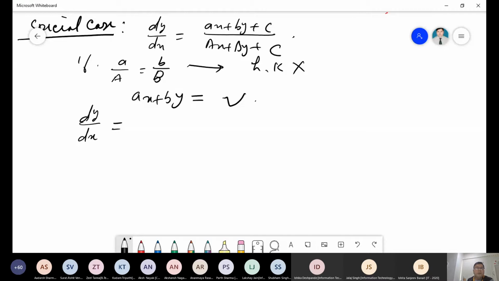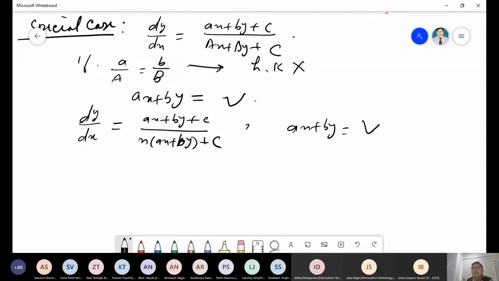So dy by dx equals, this equation will be like that: ax plus by plus small c divided by n times ax plus by plus c. So we let ax plus by equal to, we take it as b, and rather than converting it to homogeneous, it is directly converted into variable separable form. So this is the special case for the non-homogeneous differential equation, that we can solve directly from non-homogeneous to variable separable before going to the